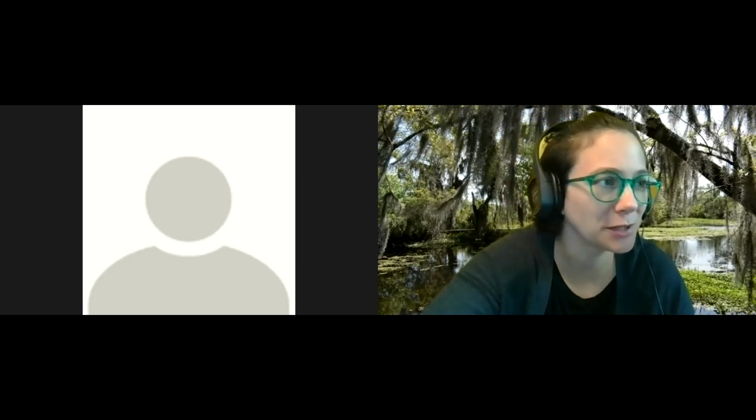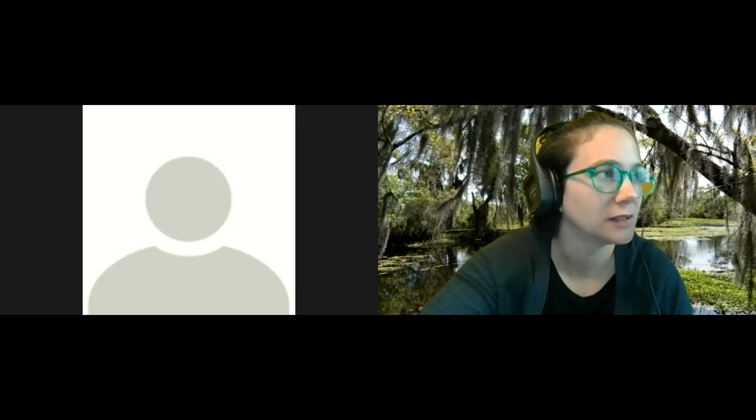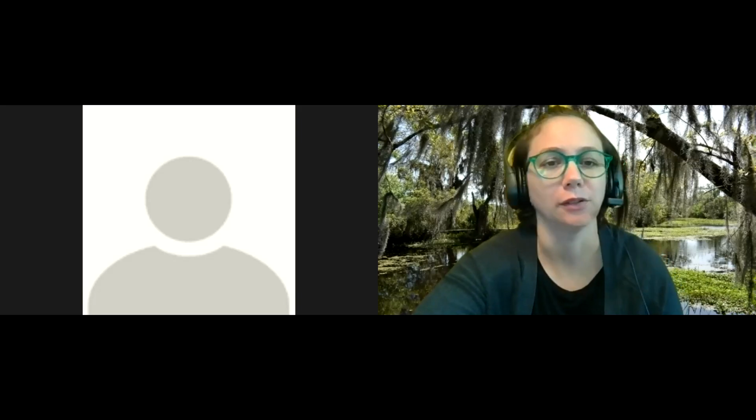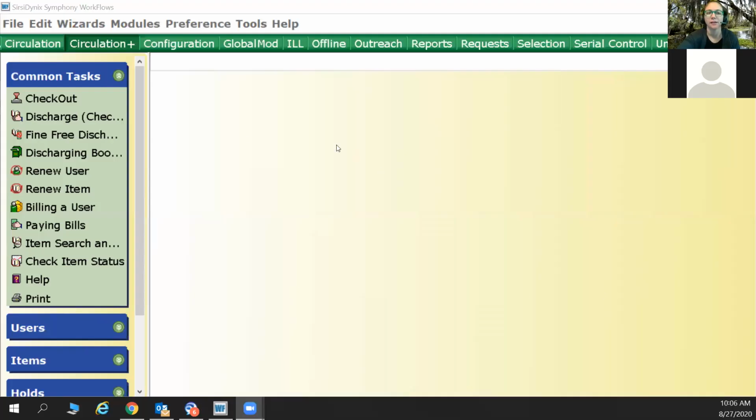But let me turn on my screen sharing here and I'll go ahead and share my workflow screen. There we go. Okay. All right, so let me know, are you seeing my workflows okay? I am, I see it. Awesome. Okay, so